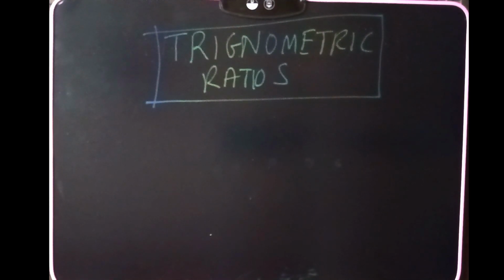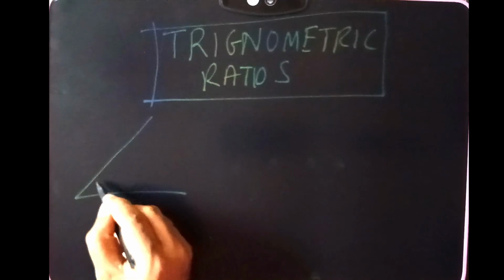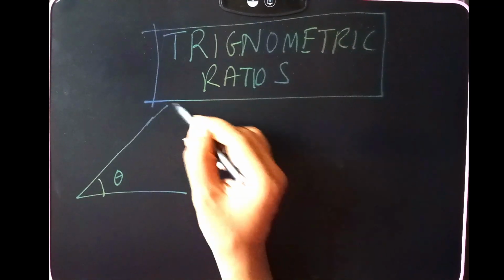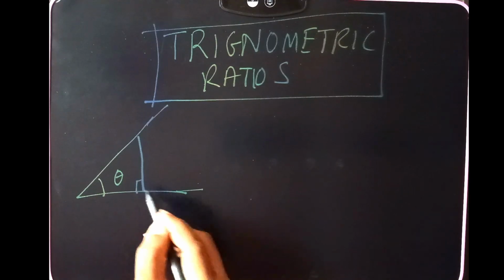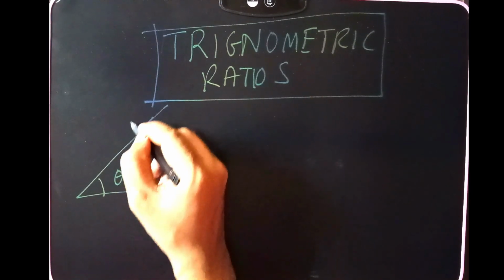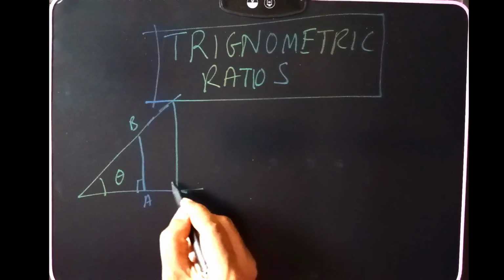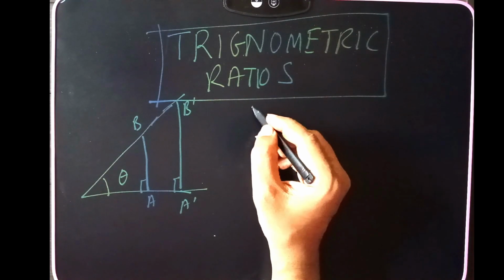Right, so let us proceed. Let us make an angle, just an angle theta here. Now, if I draw a line perpendicular here, and this is AB, and I draw another line here also perpendicular, this is A dash B dash, then we know that for similar